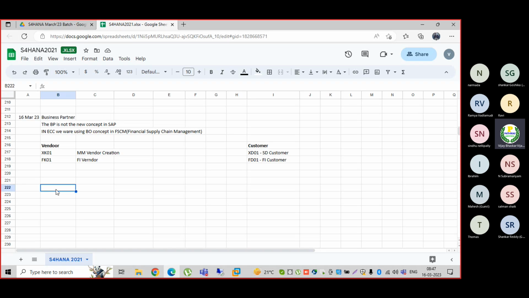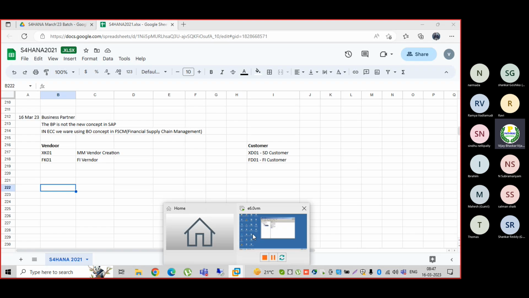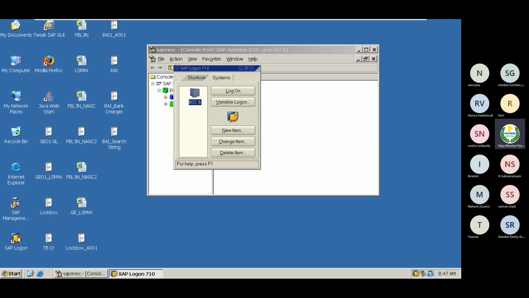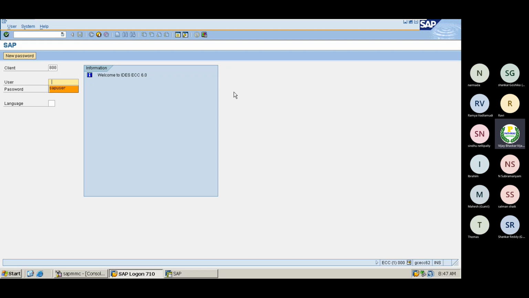But if the same business partner is used for multiple company codes, say from a purchasing perspective, we must maintain the data in purchasing data. Let me display that. First we'll talk about ECC, what we were able to maintain in ECC, then I will show you.